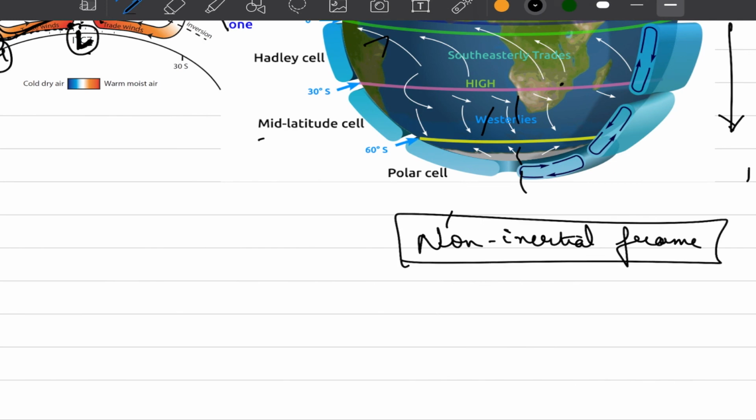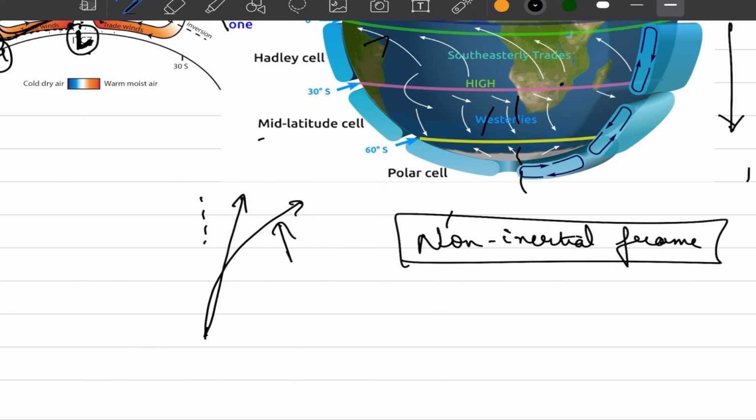Now imagine that you are on a merry-go-round and you are throwing a ball at one of your friends. If both of you are sitting on that particular swing, you would feel that the ball has taken a curvature. It is not going in a straight line. But somebody who is watching that ball from the ground, which happens to be an inertial frame in reference to the merry-go-round, would say that, yeah, this is not exactly curvilinear, but it has gone in a straight line.